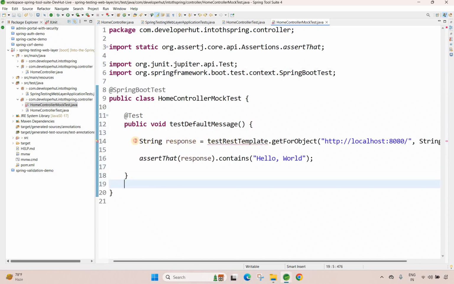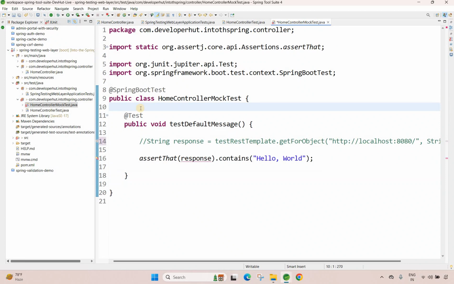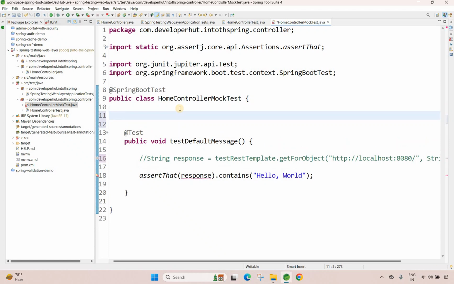Now we are not going to use the REST template over here because we are mocking the server. The TestRestTemplate is required only when you are using the server because it works on the actual URL, right? If you see here, we have http://localhost:8080. This will only work where your server is started on some particular port. Here in this case, we are not using the server, so we are mocking this. So how can we do this? For this, instead of a TestRestTemplate, we will use a MockMvc. So I will say @Autowired